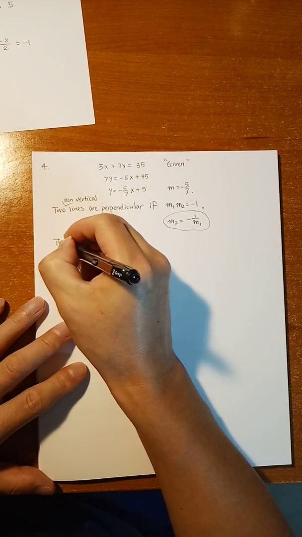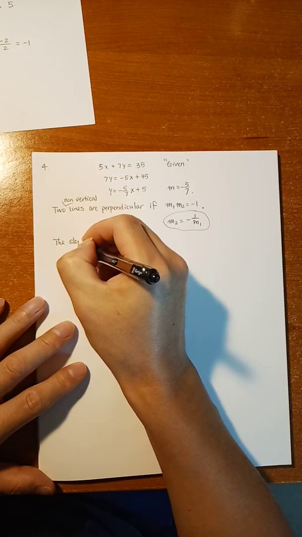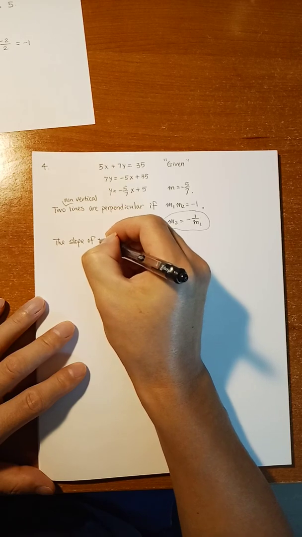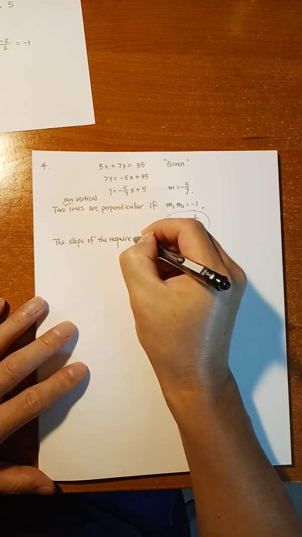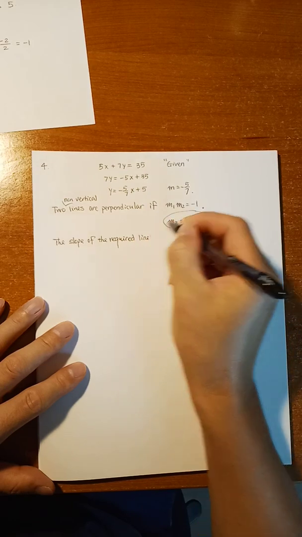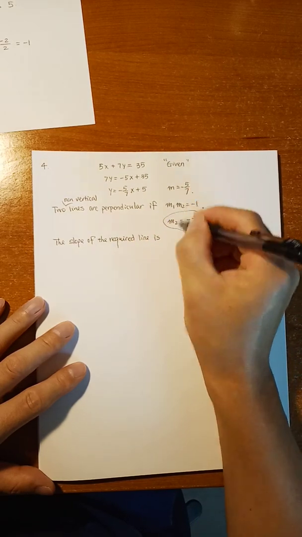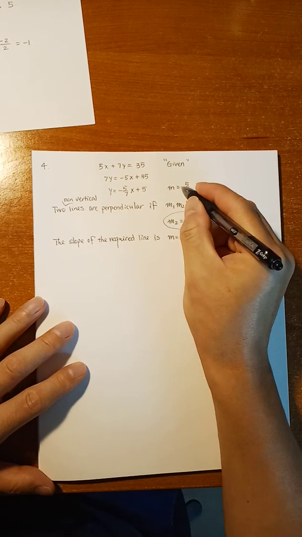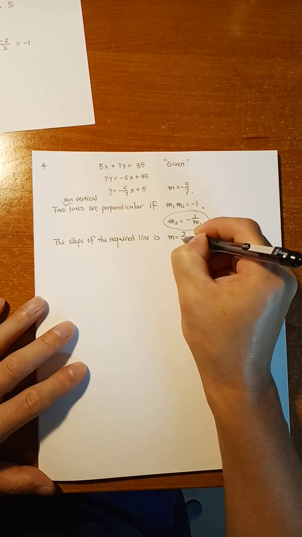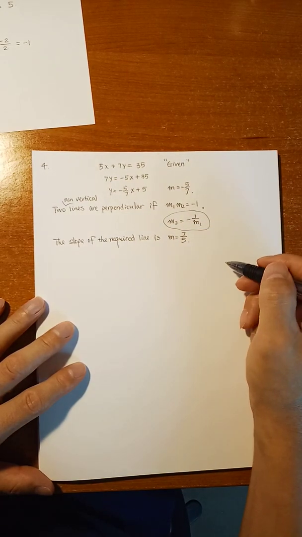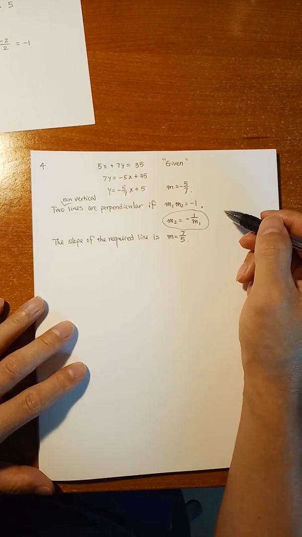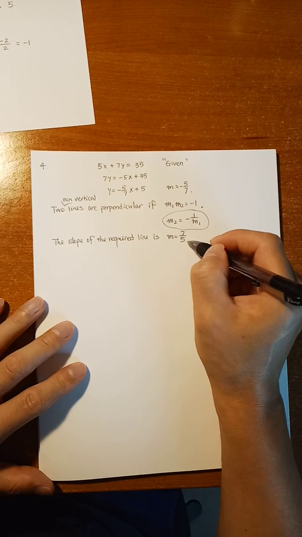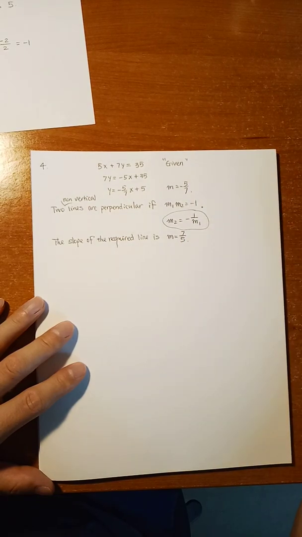So the slope of the required line is, we flip it and put a negative sign. It's 7/5. Switch the top and bottom and cancel this negative sign, right? Okay, so this is the slope of the required line, and it passes through the point